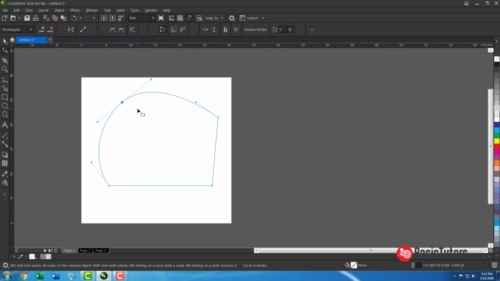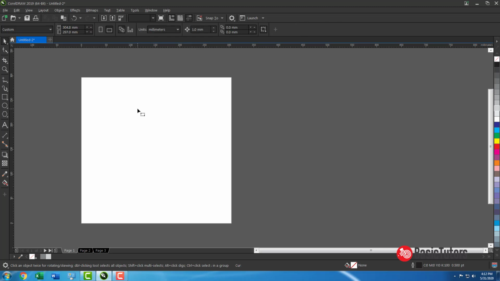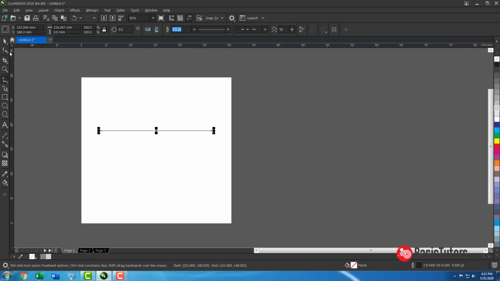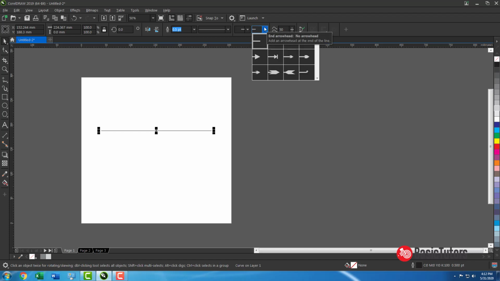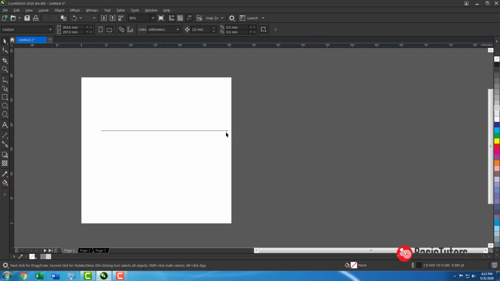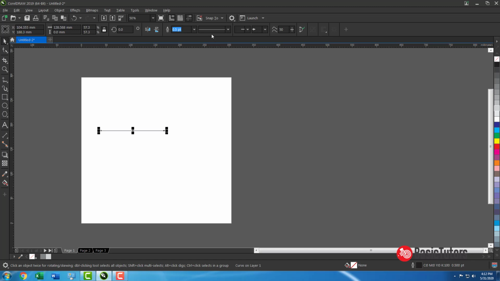Why reverse the direction of the curve? It is needed. For example, I made a line, and then I put an arrow head here. I made an arrow head here. You need to change the line thickness, then only you can see it visible.